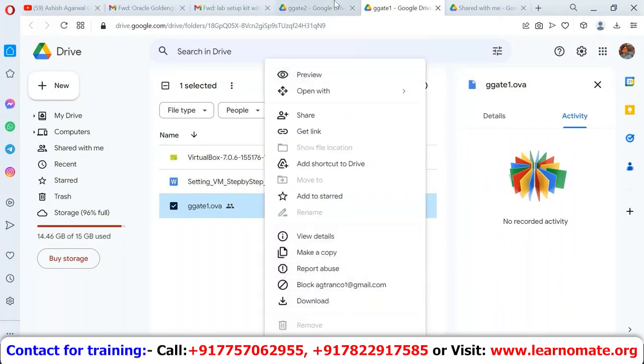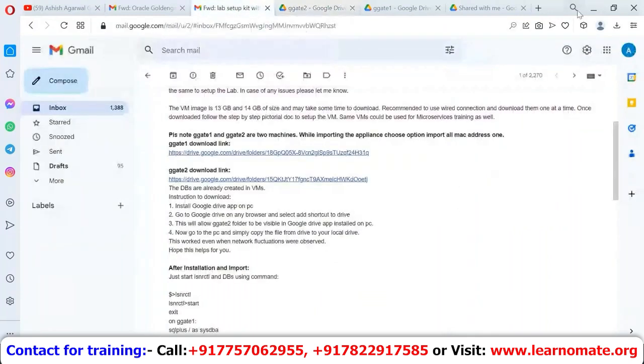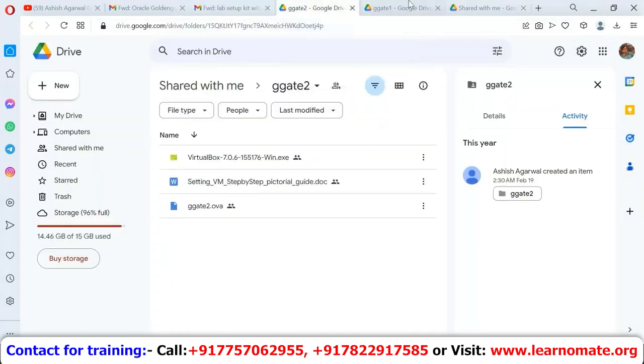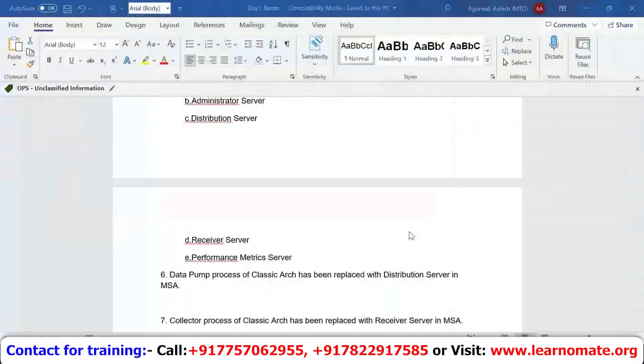Same way you can right click and download your GGate 2 as well. Once you have right clicked and downloaded, then you will need VirtualBox as well. So you can download this or you can search for the latest from virtualbox.org. Once you get that, what you need to do is